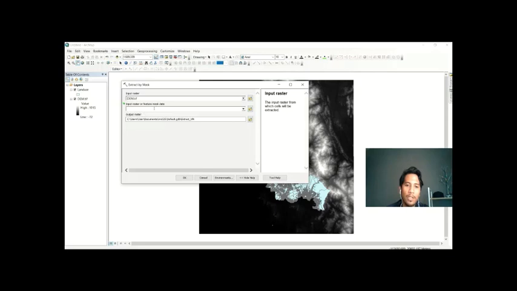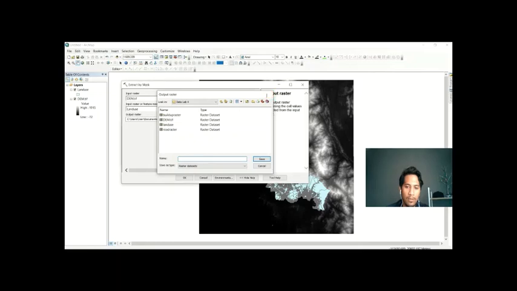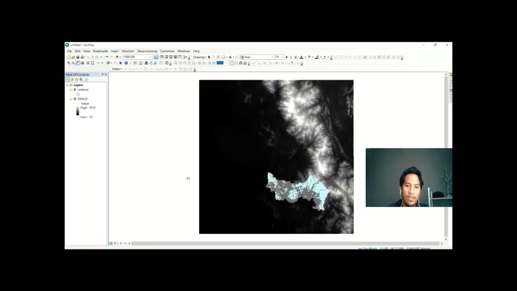For input raster, we click DEM, and for input raster we click land use, and then the file, and then click OK, and we must wait. Okay,